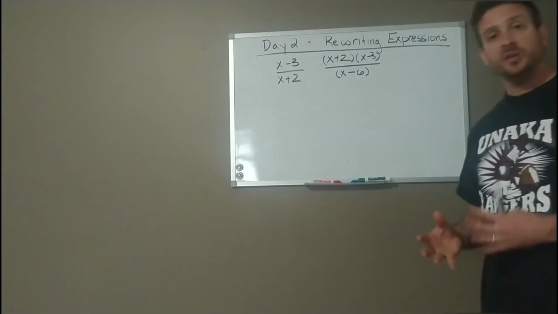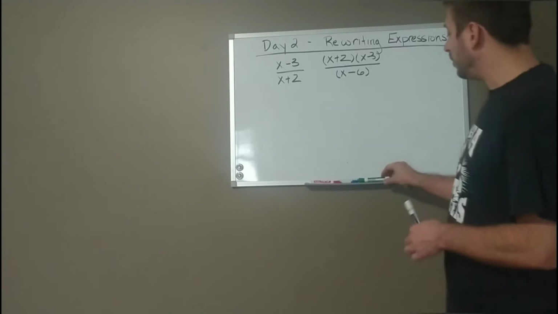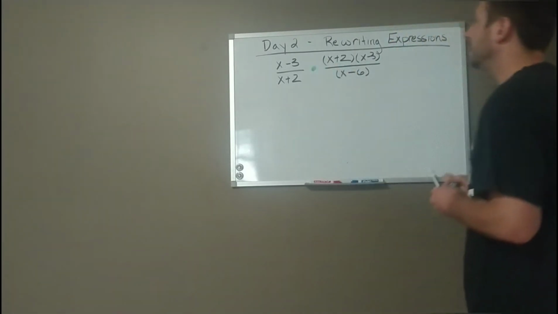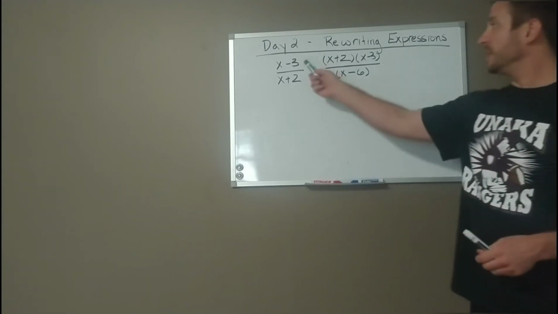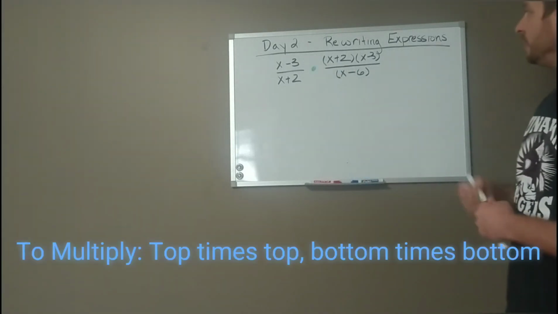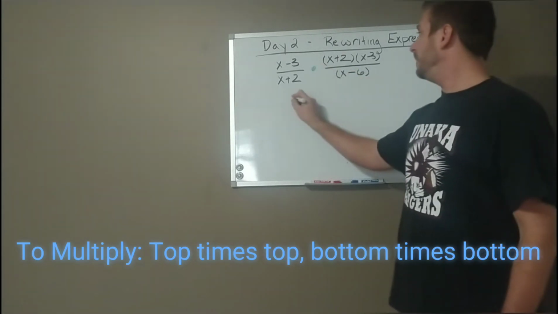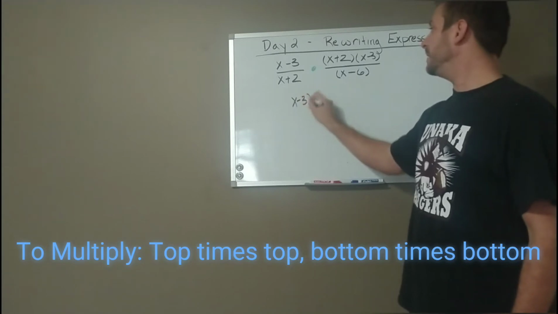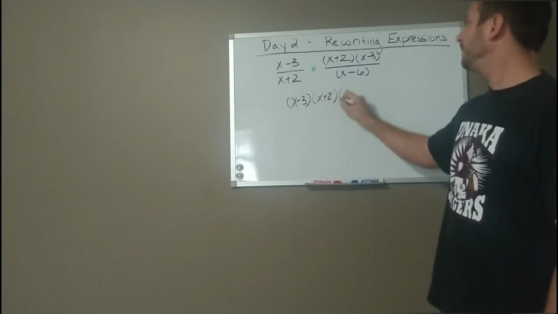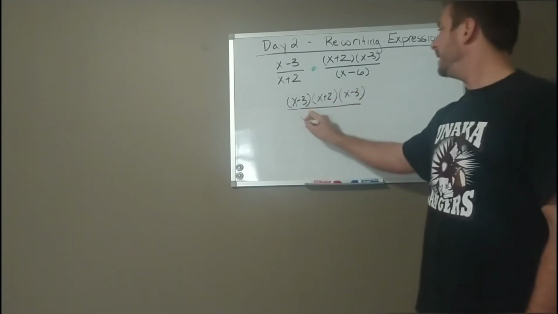Now, multiplication and division are probably our easiest two, because if we were to multiply right here, that's as simple as multiplying the top times the top, the bottom times the bottom. And when we do that, what we're left with is simply putting them together. X minus 3, x plus 2, x minus 3, all over x plus 2